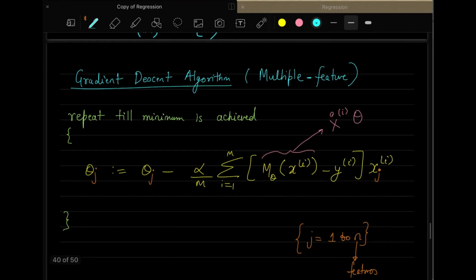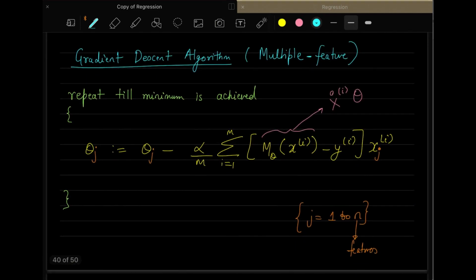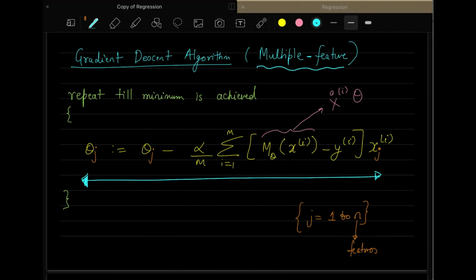And similarly, if you calculate the gradient descent equation for this particular thing, it will come out to be like this. In case of unvectorized format, if there is no vectorization taking place, then the gradient descent will be here in unvectorized format, but for multiple features. So now the student who was asking me earlier can note down the difference here. The difference is that whatever theta you are working on, that is indexed by j, that same feature will be there.